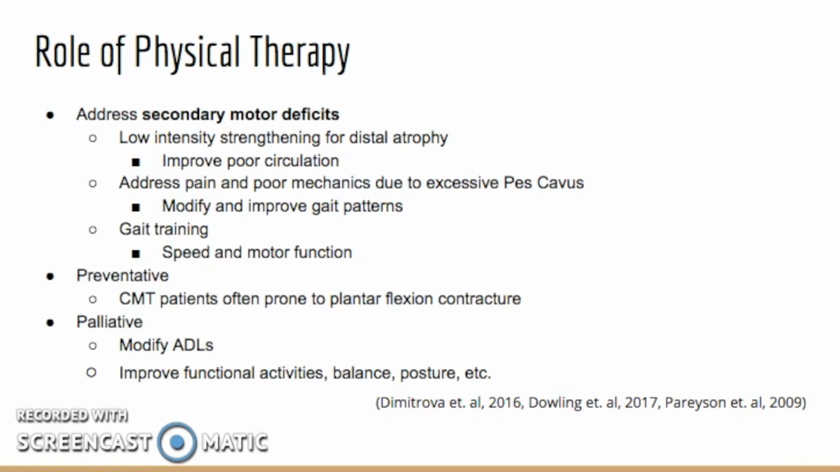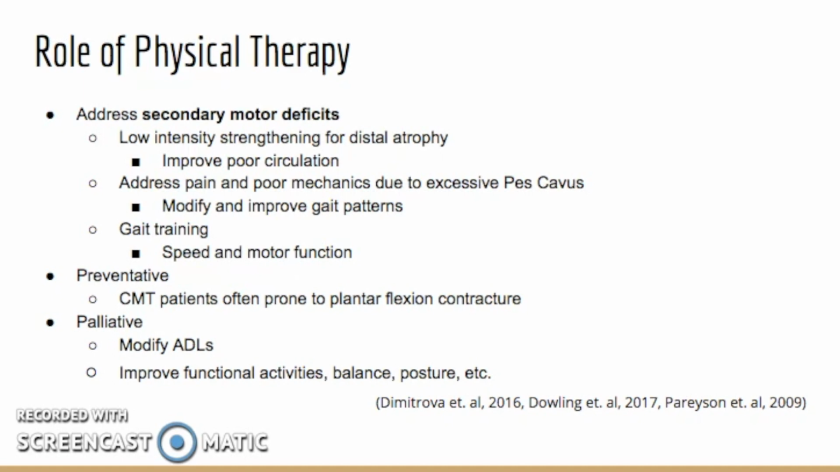This includes low-intensity strengthening for distal atrophying muscles of the lower extremity, which also improves the poor circulation due to the lack of muscle bulk in the lower extremity. PT can also address the pain and poor mechanics brought on due to excessive pes cavus, which is a foot deformity often dealt with by CMT patients that results in an excessively high arch that does not flatten out and accept body weight load. PTs will often work on modifying and improving gait patterns, looking at gait training and assessing